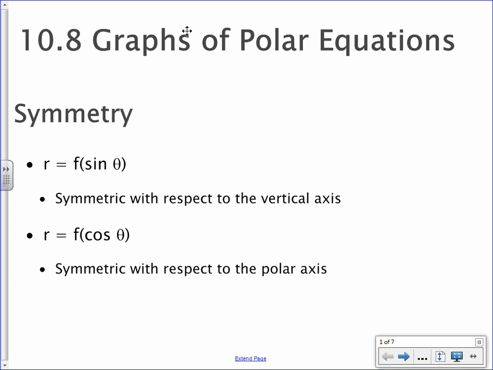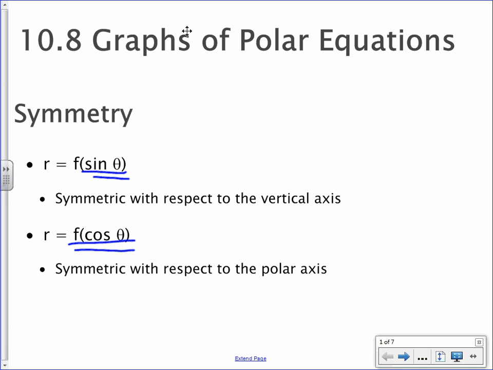If we have a function in terms of sine, then we have symmetry with respect to our vertical axis. Why would that make sense? Sine is the y coordinate on the unit circle, right? So if we have a function in terms of sine, we have symmetry about the vertical axis. If we have a function in terms of cosine, we have symmetry with respect to the polar axis or the